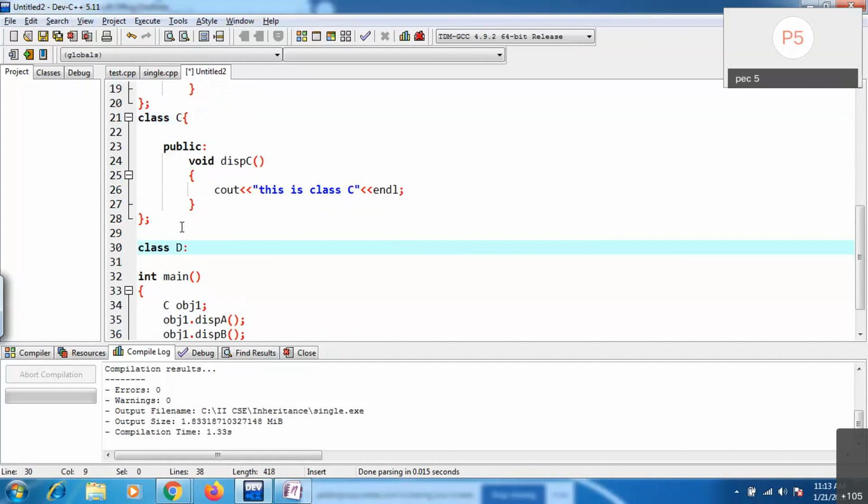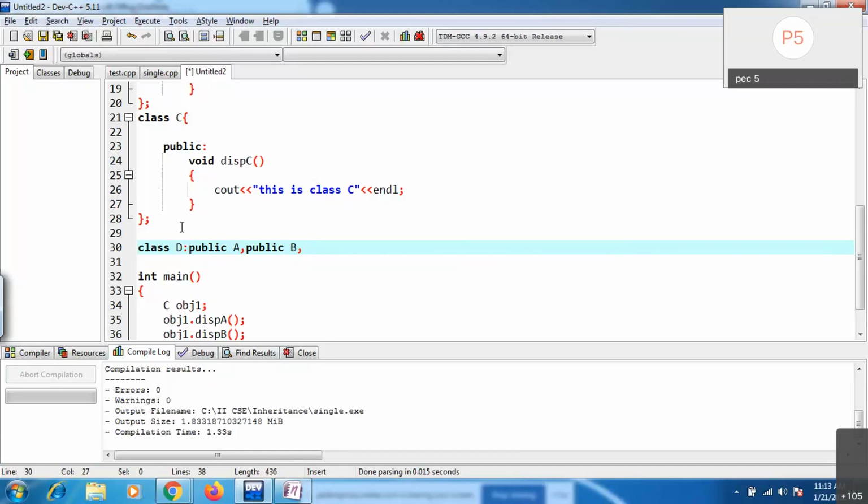Tell me how you can do multiple inheritance here. Public A, comma, public B. From two or more base classes, you are deriving one derived class.